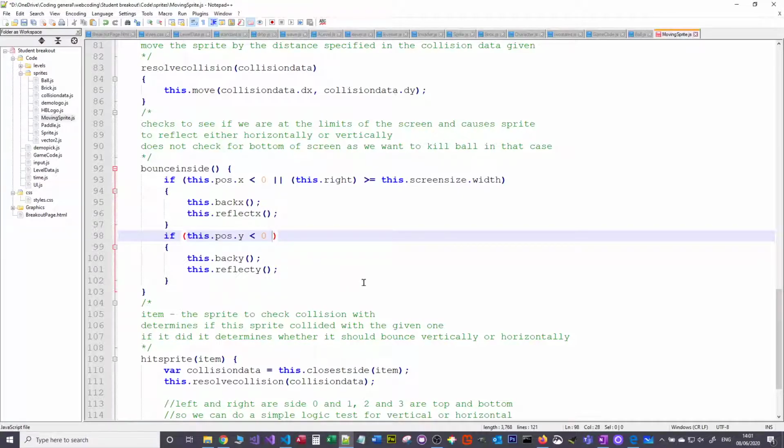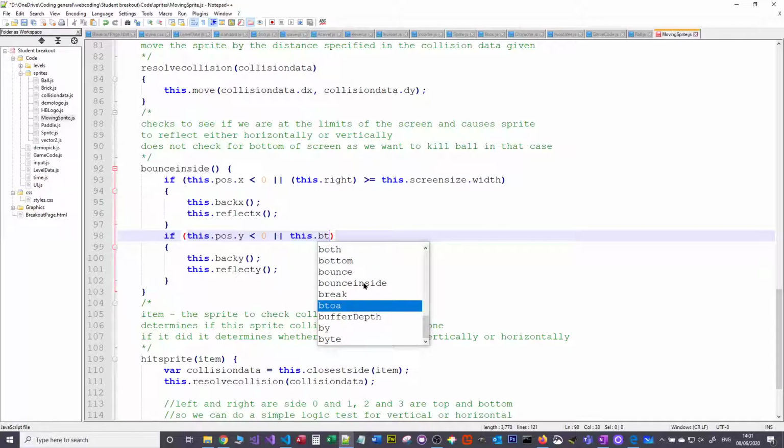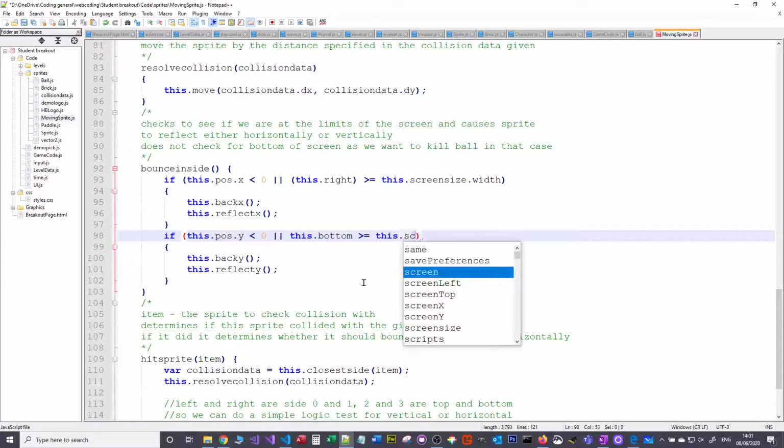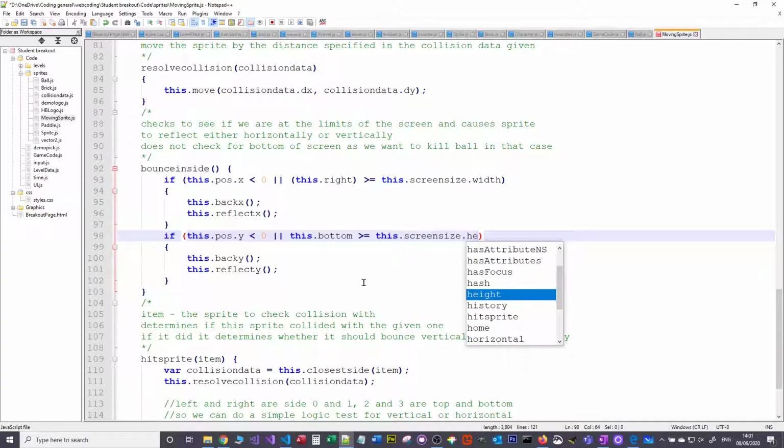And we need to say, right, okay, so if we're at the top of the screen, so it basically mimics the horizontal, we say, or if our bottom is greater than or equal to this dot screen size, and I'm using the picker there because it stops me making spelling mistakes, and we want the height. Okay, now you can see how Notepad++ has highlighted the two brackets to show that they match up. So they're both in red there, showing that that's the opening and closing bracket. So that's a well-formed if statement. So we're just saying, right, okay, bounce off the bottom. So let's just save that